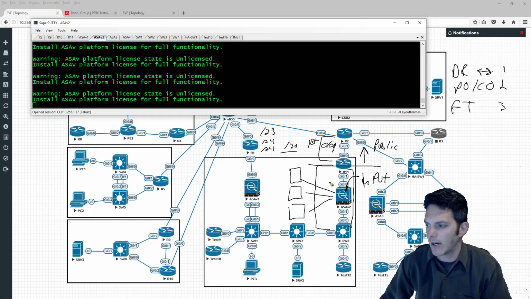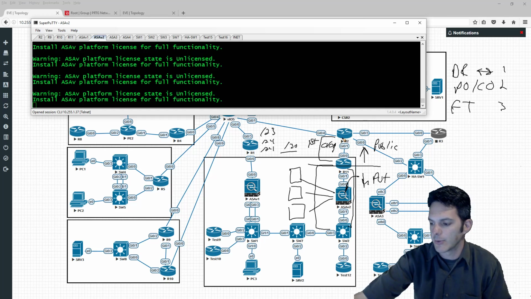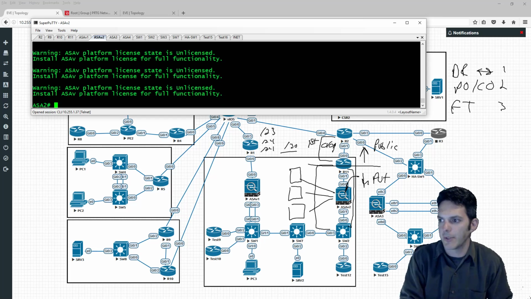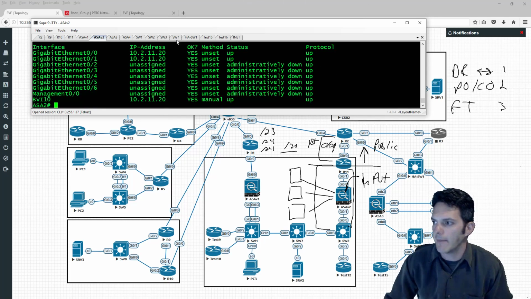So what we're going to be taking a look at here is we are going to be rolling this out in such a manner that as we're going along, let me go ahead and switch back over to my mouse, if we look here on ASAB2 and I come in here to show interface IP brief, what I end up having is two of the same bridge group,